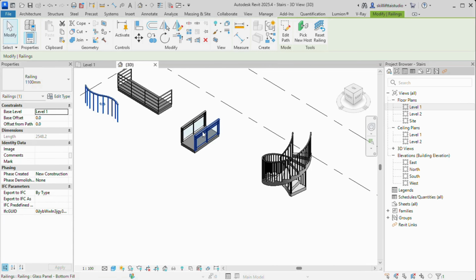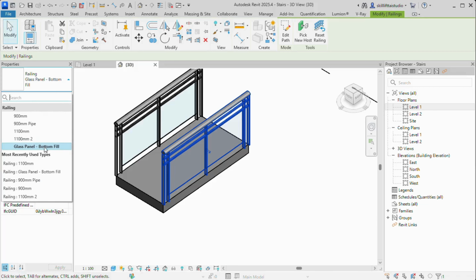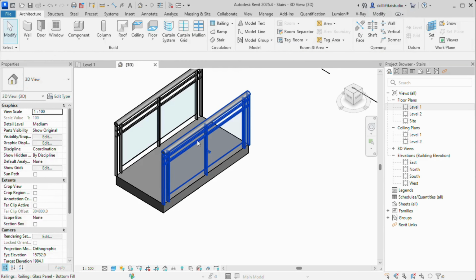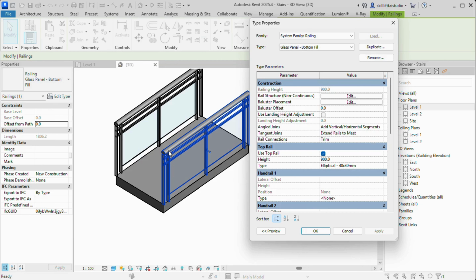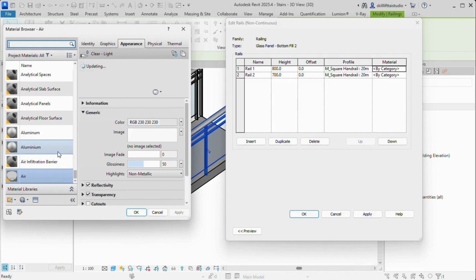Now in glass panels we can also make some changes to the materials. For example, if I select the glass rail, go to edit type, duplicate it and click on OK. In my rail structure I can see that there is no material assigned yet. Rail 1 is the top one and rail 2 is the bottom one. If I have to assign a material to it, I have to click on the three dots beside the by category option,